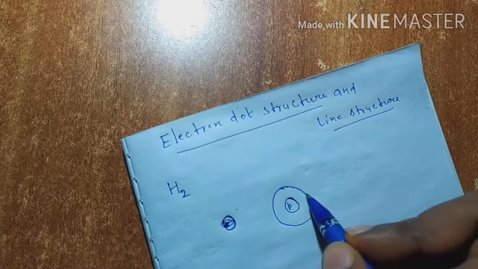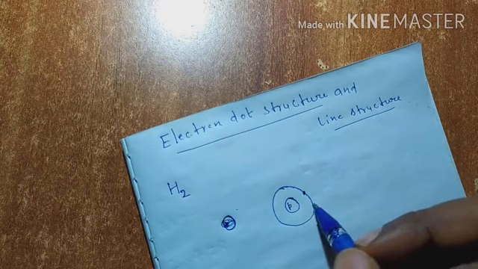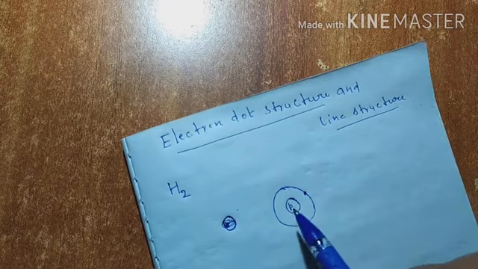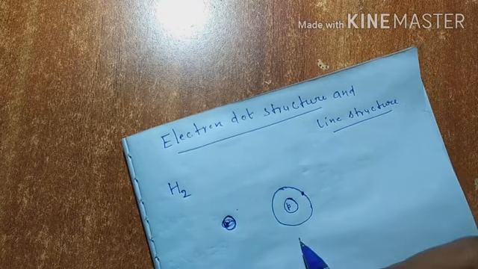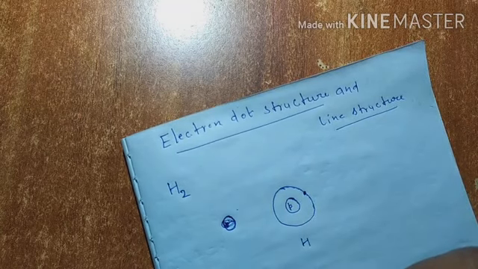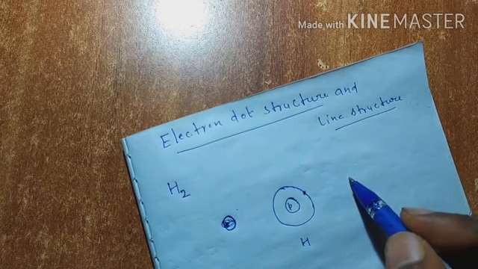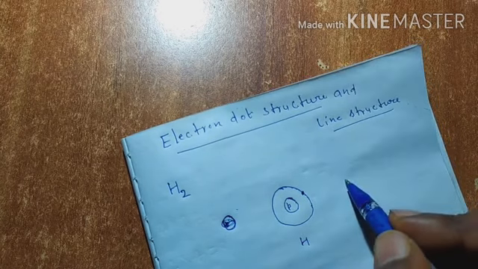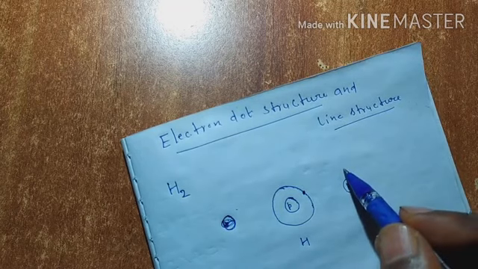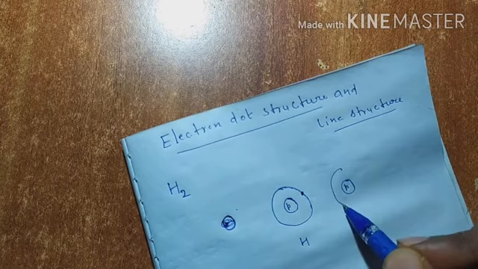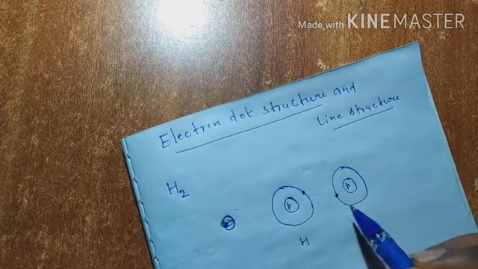Here there will be one electron, because in hydrogen atoms there is only one valence electron. This is one hydrogen atom I made here, but here are two hydrogen atoms. So again we will take this nucleus in which there is a proton, and this is the first orbit, and there is one electron.